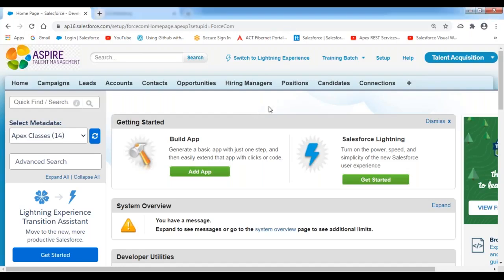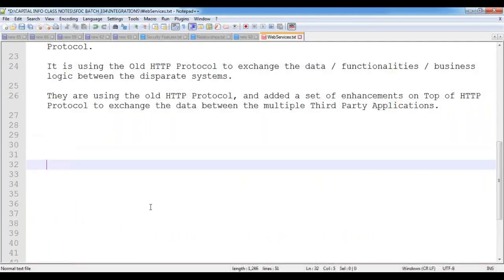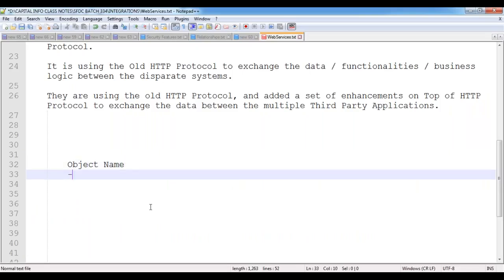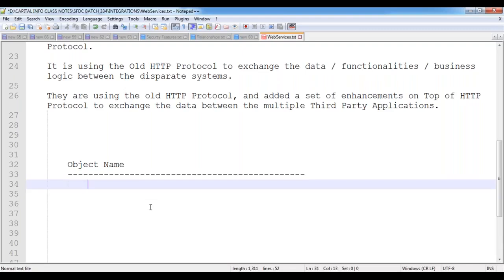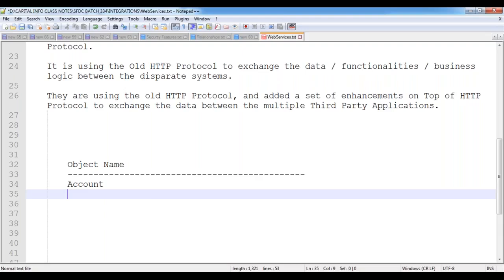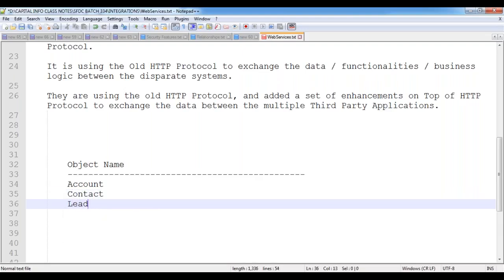So now let's see. In Salesforce also, we have many objects available. I have the account object, contact, opportunity, hiring manager, position, candidate, lead, campaign. So many objects are available. Now you know these object names. We have the object name: account object, contact, lead,